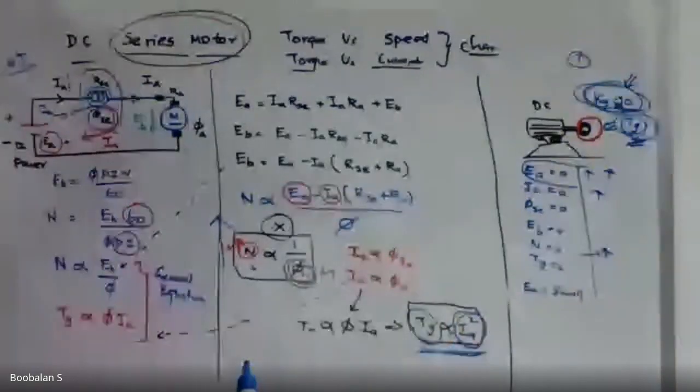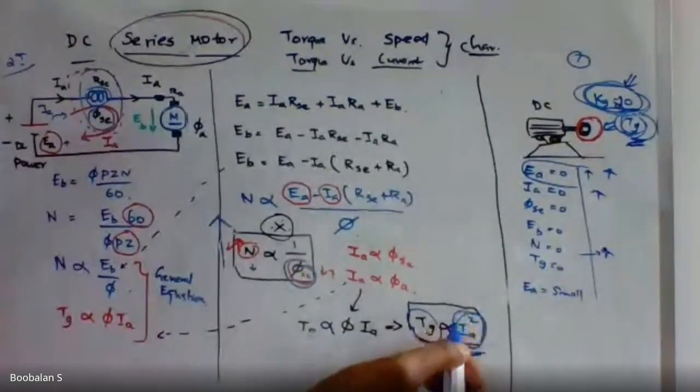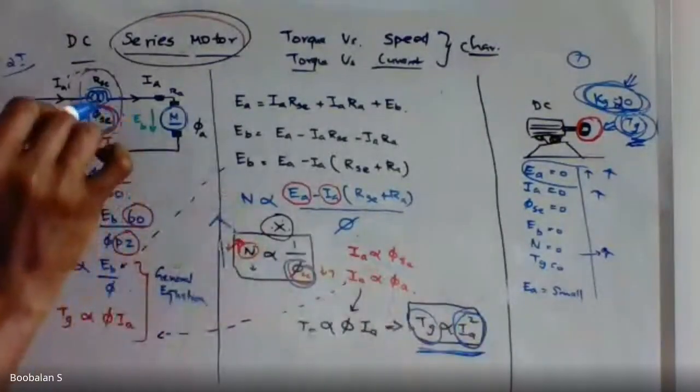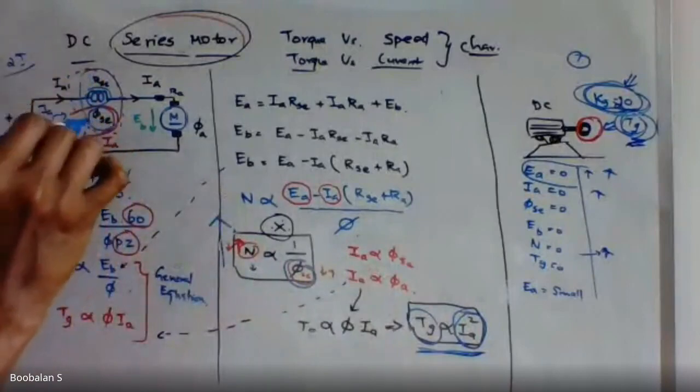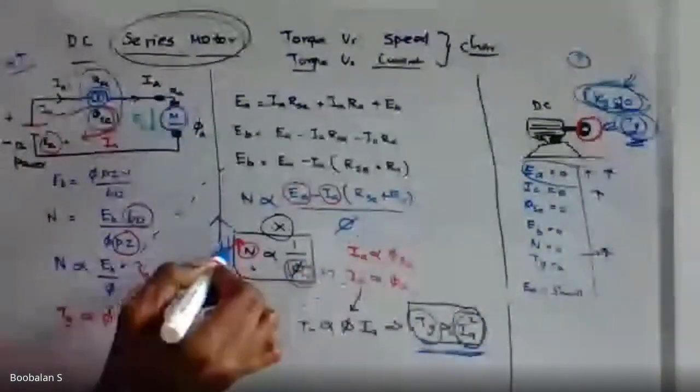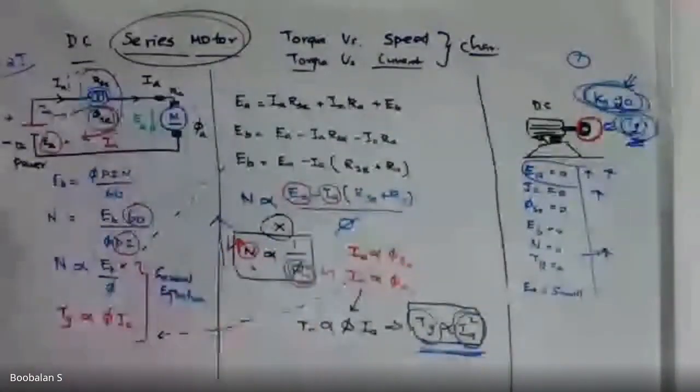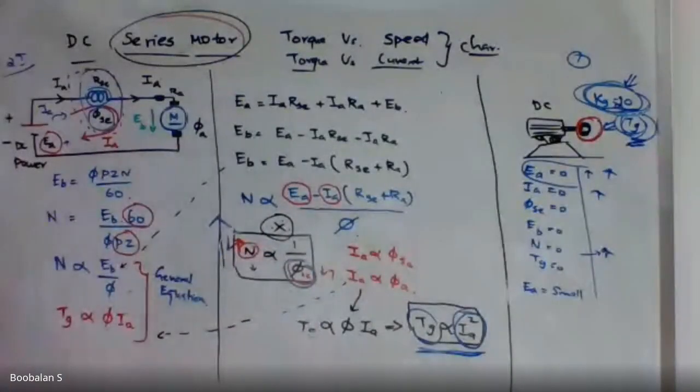So the current is now going to be very high. If the input current is very high, the flux lines introduced are very high. If the flux lines are very high, the speed is very low. So this is why the motor can be controlled in a safer manner, right? Any doubt up to this?